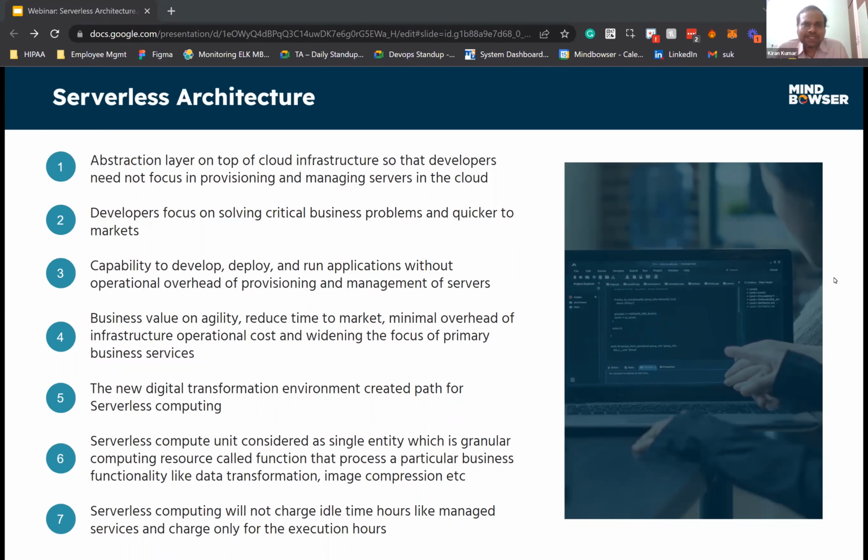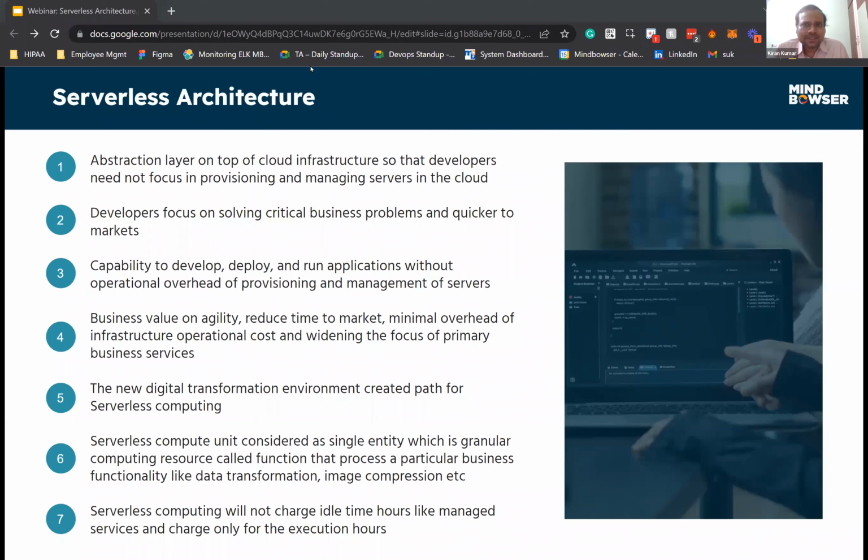That time will get saved with serverless, so that everything will be ready on the cloud. Then we just develop the code, test it, and deploy it. So that's why we can bring it to market quicker. This affects agility directly, reducing time to market and minimal infrastructure overhead.